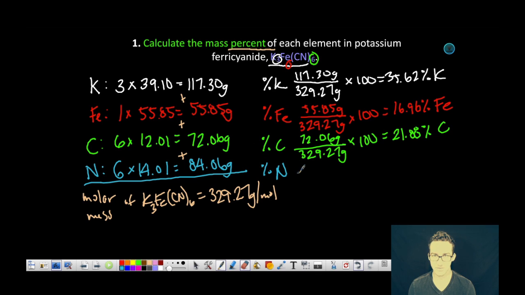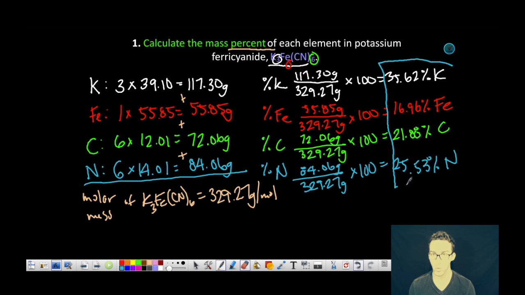Percent nitrogen is equal to 84.06 out of our total 329.27, which equals 25.53% nitrogen. As a quick check, you should make sure that these values, when you sum them together, equal